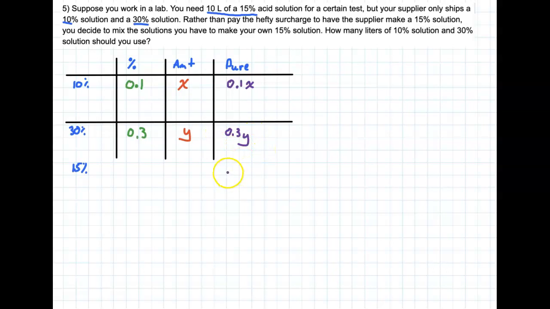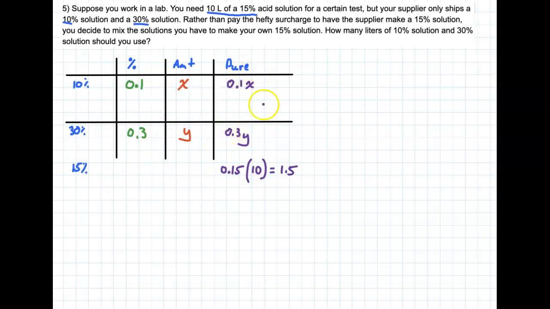And then at the end, we want to end up with 0.15 times the amount. We know the amount is 10, right? So that is actually equal to 1.5. So we're going to have 1.5 liters of acid. And that makes sense. That's 15% of 10 liters, right? Okay, how do we get that? Well,